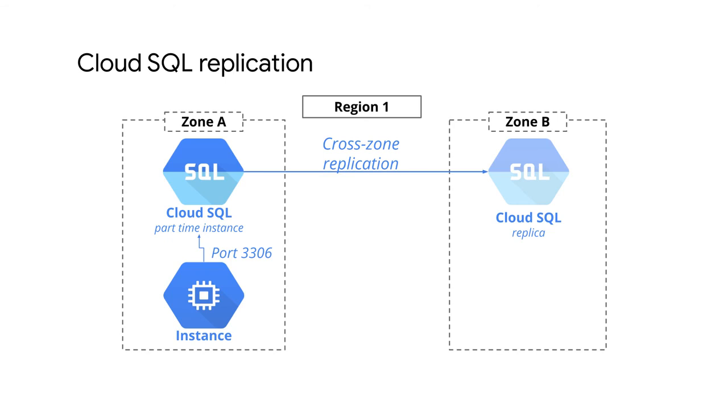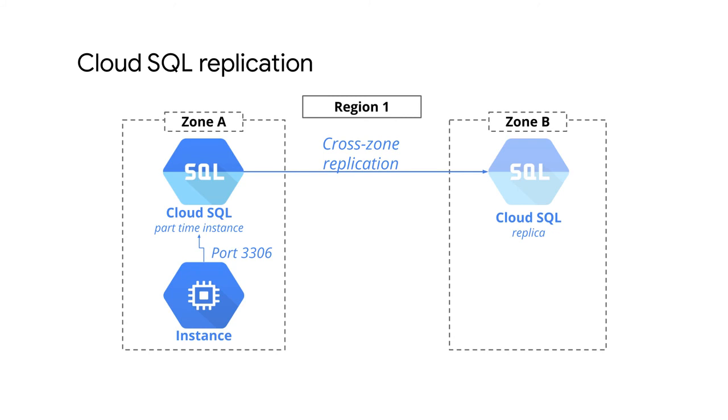And then when a zonal outage occurs and your master fails over to your failover replica, any existing connections to that instance are closed. However, your application can reconnect using the same connection string or IP address. You don't need to update your application after a failover. After a failover occurs, the replica becomes the master, and Cloud SQL automatically creates a new failover replica in another